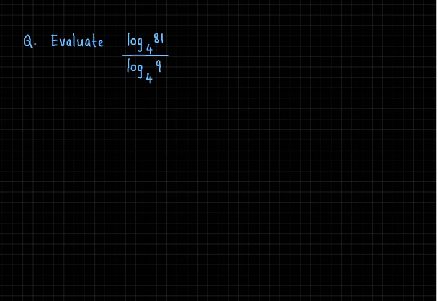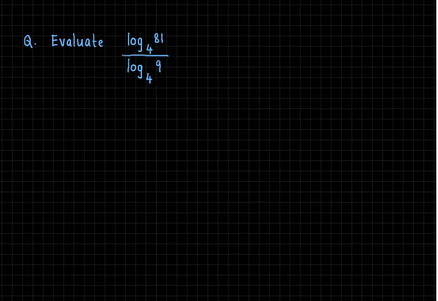Now here are a few examples based on change of base. In this question we have to evaluate log of 81 to the base 4 upon log of 9 to the base 4. Now if you look at the terms clearly, we don't know the exact value of log of 81 to the base 4, because 81 is not any round figure power of 4, and so is with 9. But we observe that the two logs which are divided have the same base,